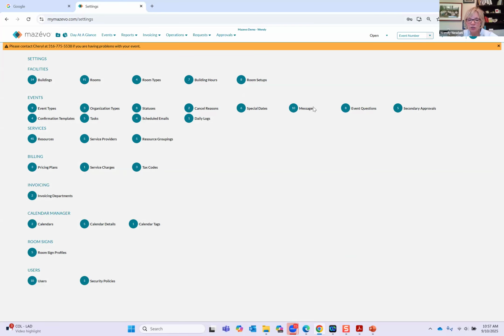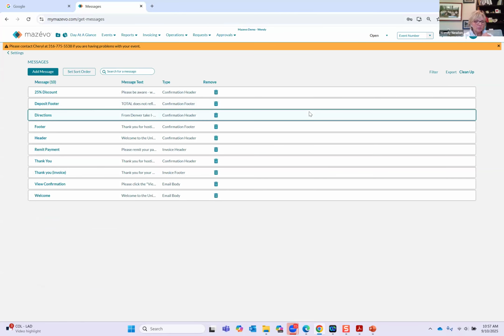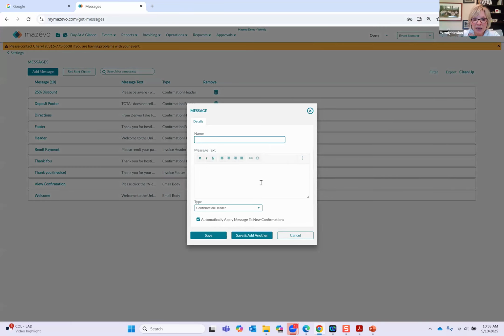So, messages. What are messages? When you send a confirmation, you can pick and choose header messages and footer messages to put on your confirmation. You can also put them on your invoices. When you create a message, you click on add message, give it a name, text, and right here is where